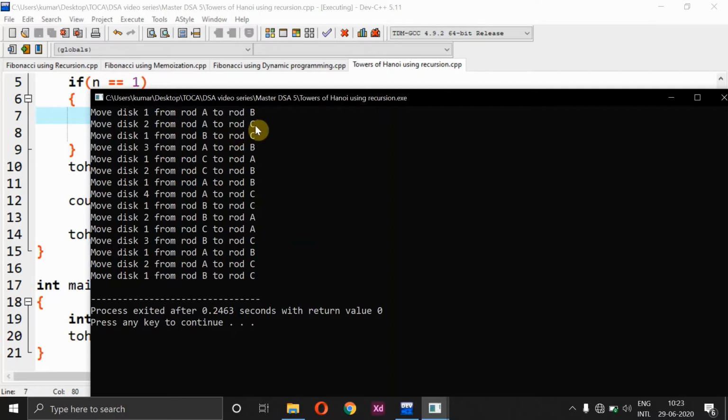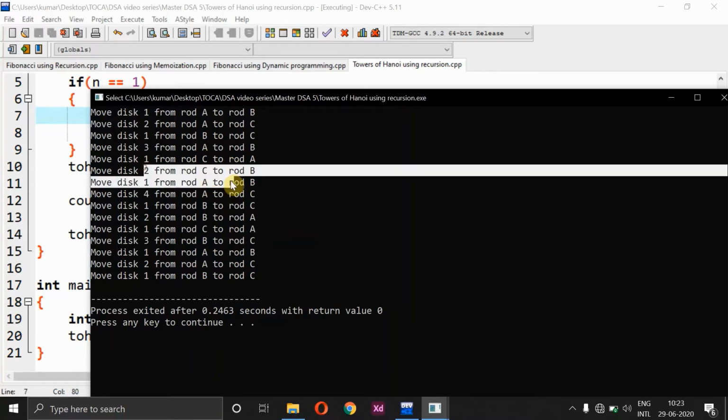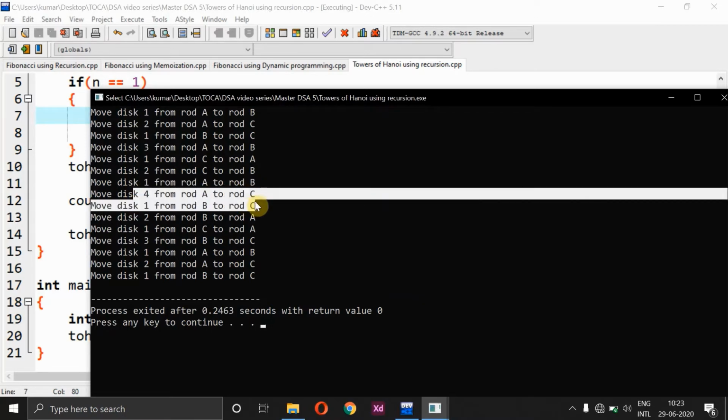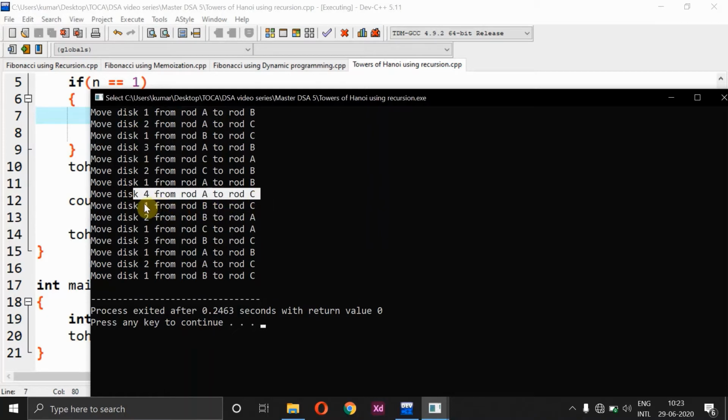So now see here, in C already I have 2, so over 2 I'll be having the number 1 as of now. So then move disk 3 from A to B, right? So B will be empty, so we are moving 3 over there. And next 1 from rod C to A, right? So 1 will be moved there, then again I'll be moving 2 over 3. After placing 2 over 3, again I'll be placing 1 over 2, right? So next 4 will be moved from A to C, right? So 4 will be moved to C.